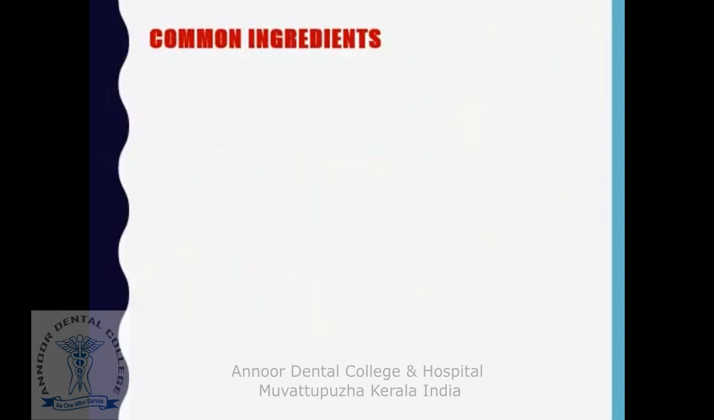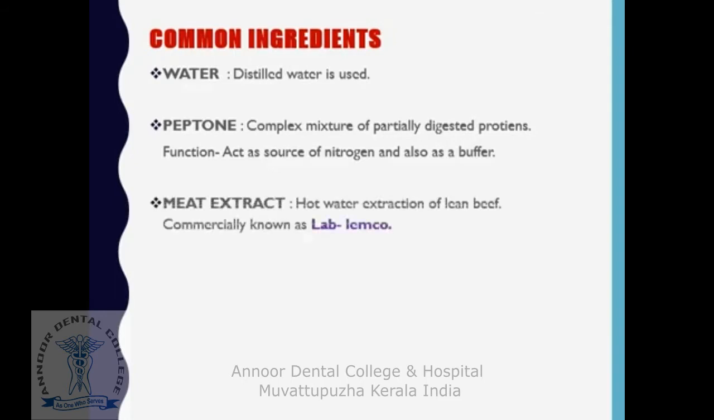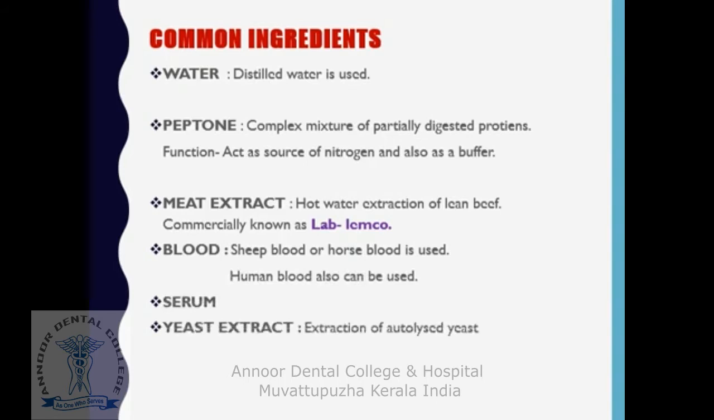Let's see what are the common ingredients to prepare a culture media. There should be water, preferably distilled water. The next ingredient is peptone, which is a complex mixture of partially digested protein. This peptone can act as a source of nitrogen and at the same time can act as a buffer also. We want meat extract, which is actually hot water extraction of lean beef. It is available commercially as Lab Lemco. Blood, either sheep blood or horse blood, and we can also use human blood. Serum, yeast extract, which is an extraction of autolyzed yeast,